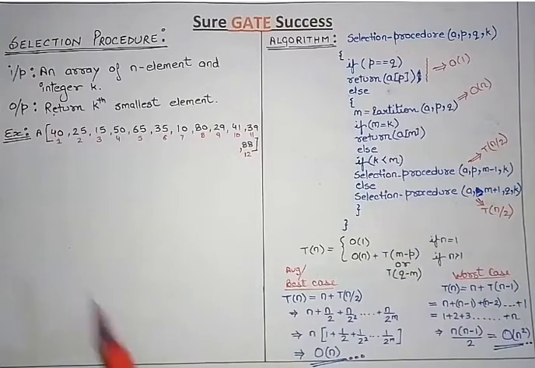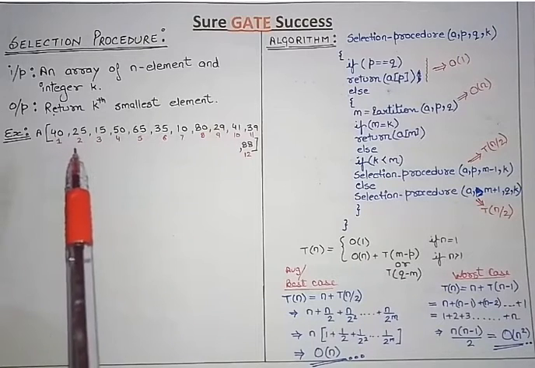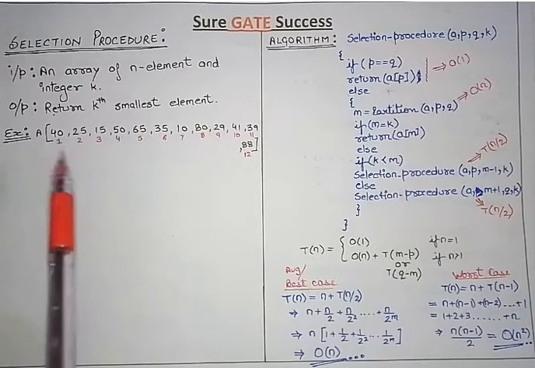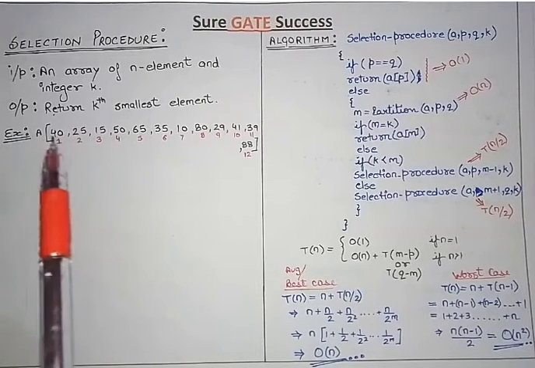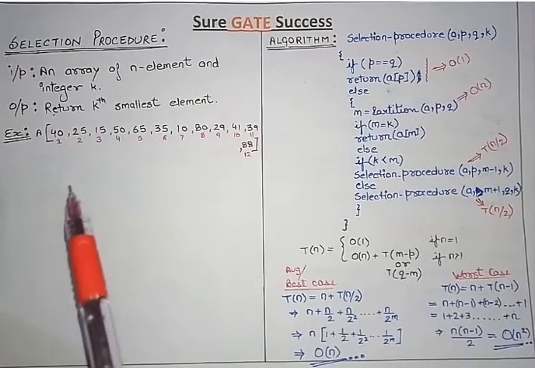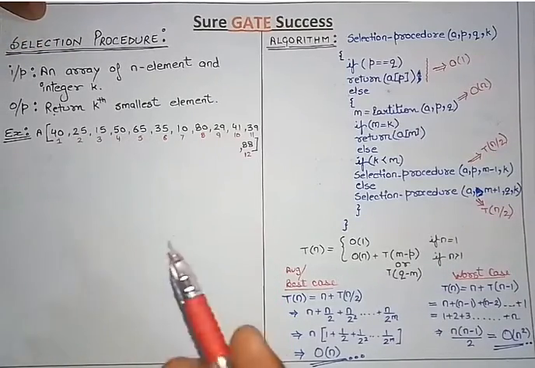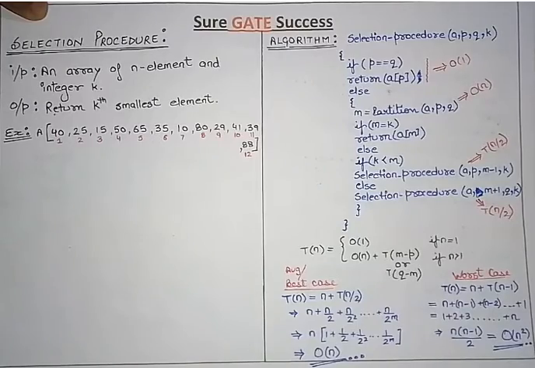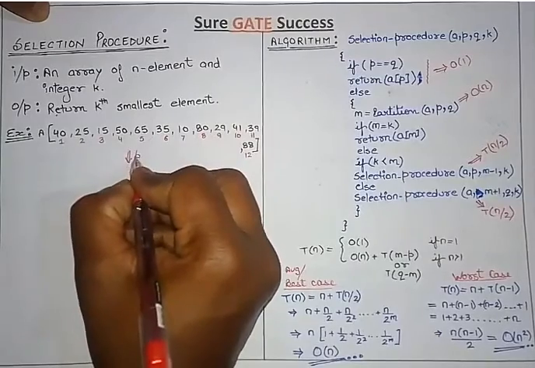So here we have an example, and one more thing I would like to tell you, that we use the partition algorithm here. For the partition algorithm you can refer to my video on quicksort. There I have explained the partition algorithm very clearly and in detail, so you can visit that video. I will explain it briefly here, because you might be aware of it. So if you use the partition algorithm